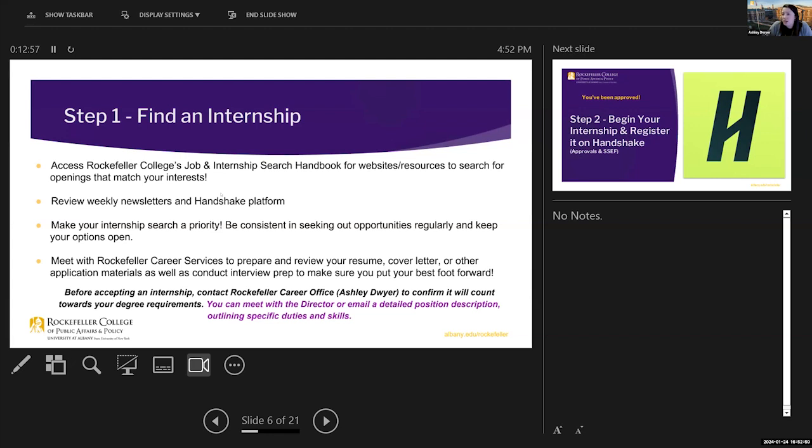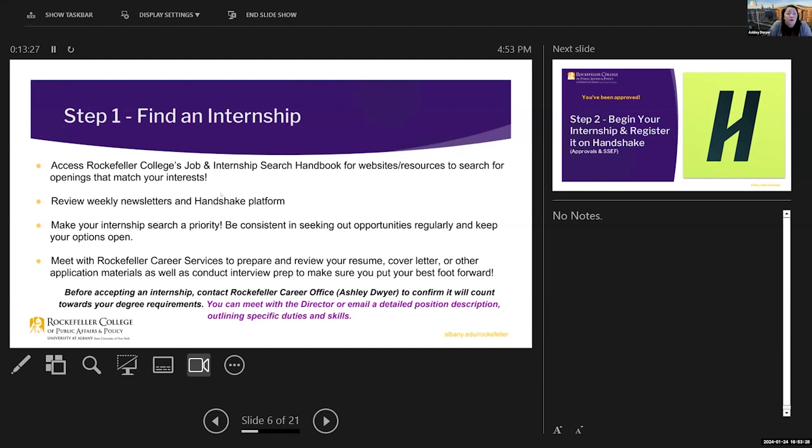But Handshake is also not only where you're going to track your internship experience, but it's also an amazing resource for you to seek out internship opportunities. It's really our career management platform. So it's where everything happens. It's where internship and job opportunities are posted. It's where events are posted. It's where you can schedule one-on-one meetings with myself or our staff. It's where you can track and submit your internship experience. So we will have a little Handshake tutorial at the end, but definitely review Handshake and use it to your